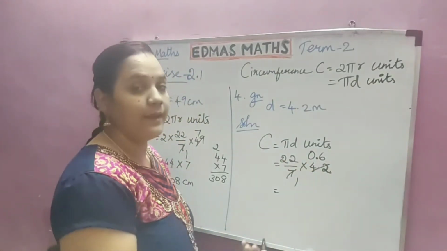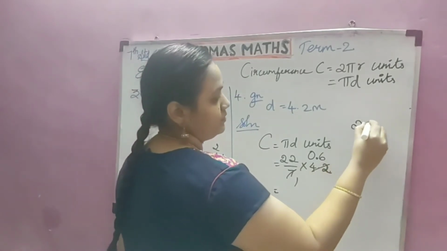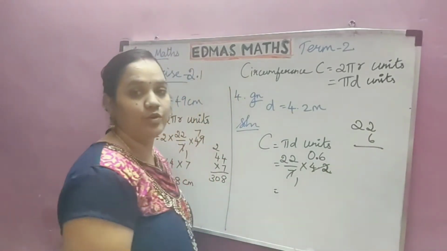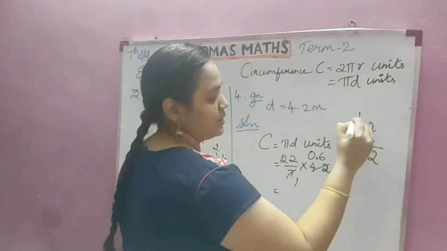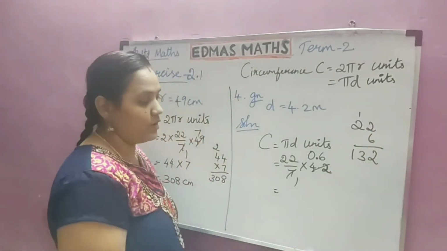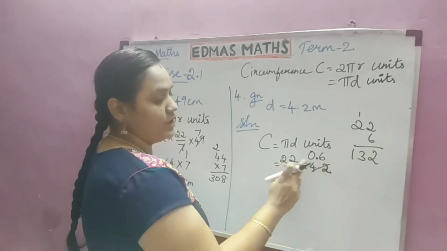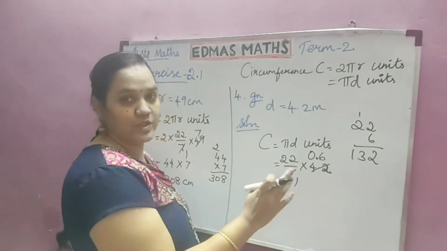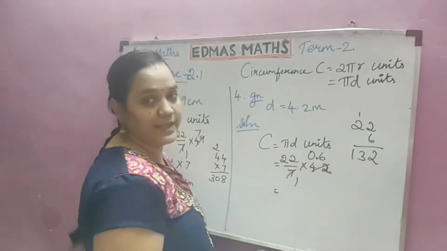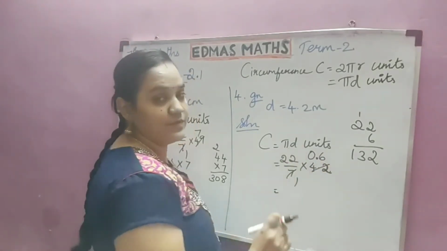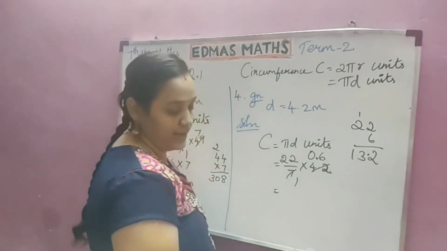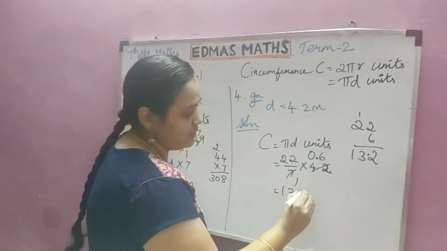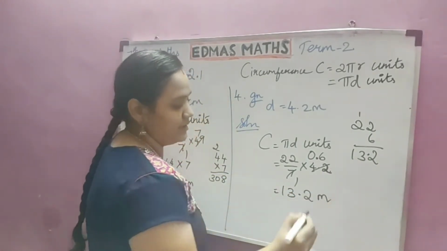How to multiply these two numbers? Let us see. So we have to multiply 22 by 6 first. Okay. So 6 2s are 12, 2, 1. 6 2s are 12, 13, 132. Okay. Here we have to see both the numbers. One number is a whole number, so we have to leave it. The next number is a decimal number. So before one digit we have point. So here also before one digit I have to keep the point. So my answer is 13.2 meter.